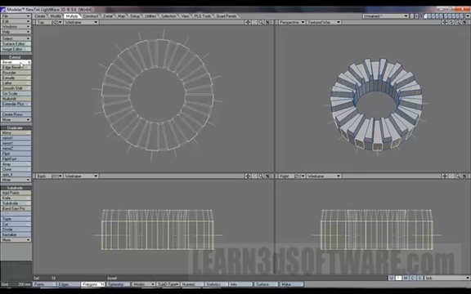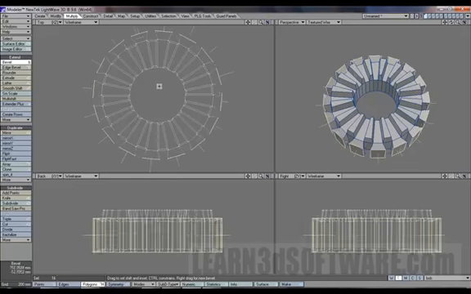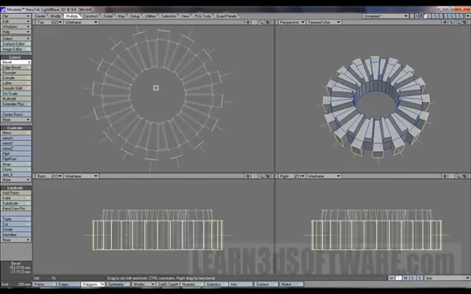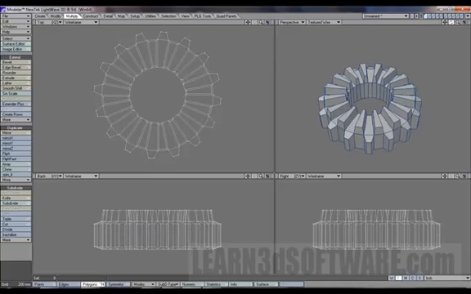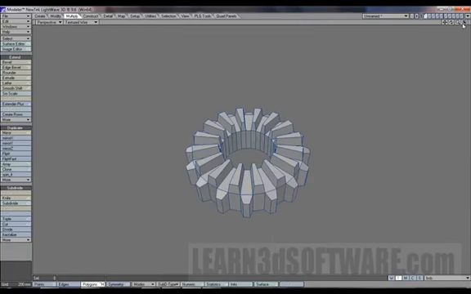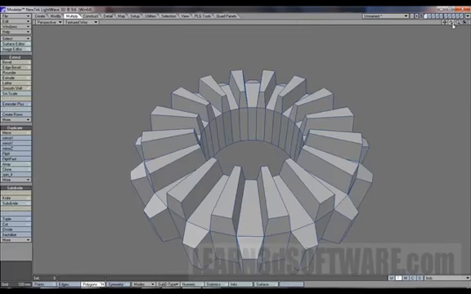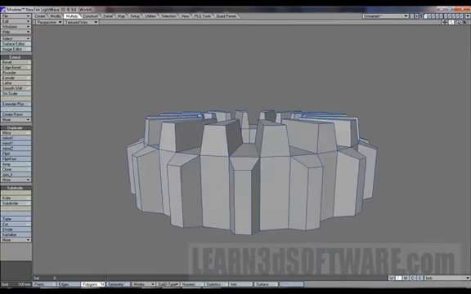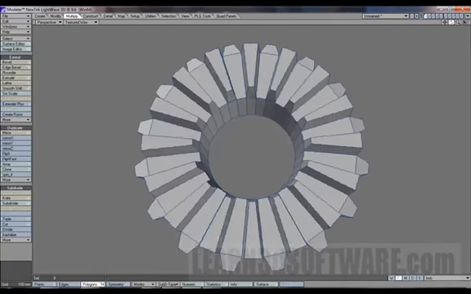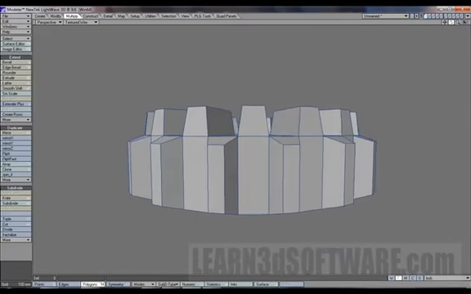Let's hit bevel again. Oops. Boom. See, got a cool looking part. Some sort of weird funky gear or something that can be attached to a wall, or who knows,